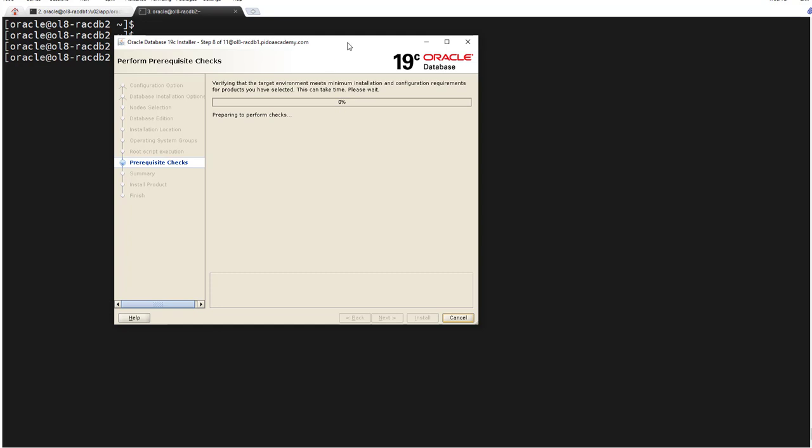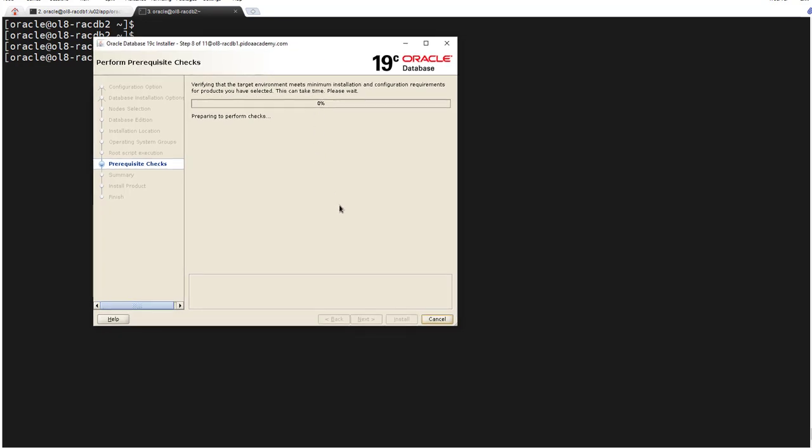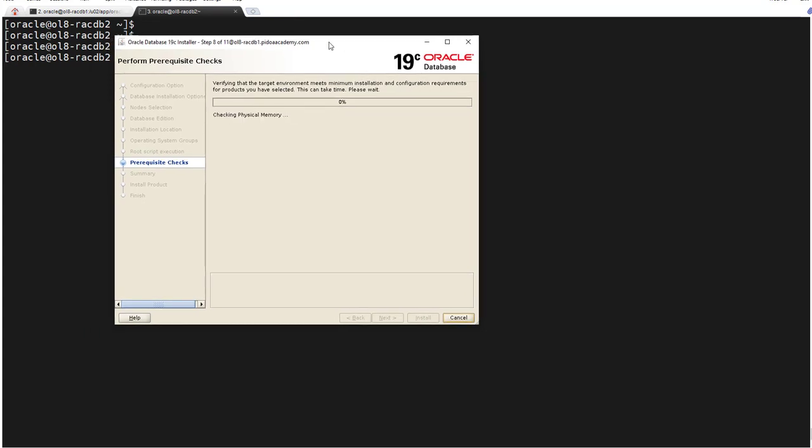So this will perform the prerequisite check. If there's any major failure, we need to fix it before we proceed. Remember, here I'm not using NTP, so anything related to NTP will be fine.